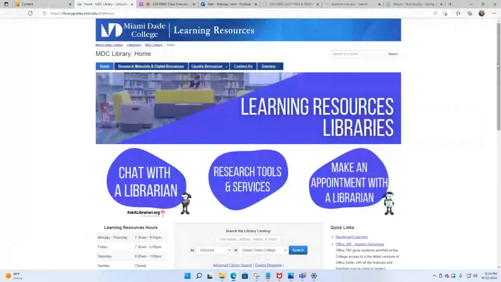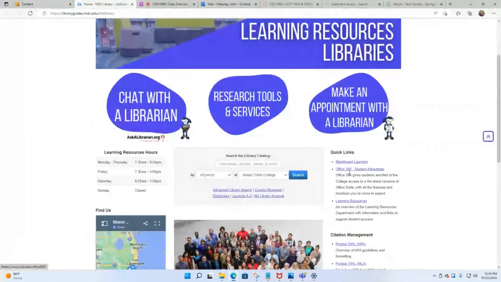Within the library, this right here, Office 365 Student Advantage, you must put on your computer, or you must be using it online. If you use it online, it's called Office 365. If you put it on your computer, it's Office 2019.